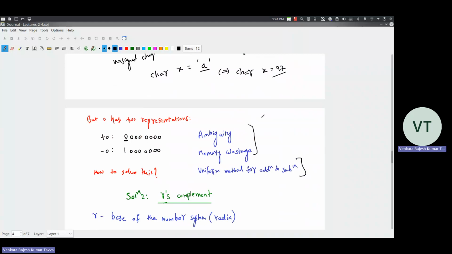So to solve all these problems, we introduced something called R's complement. R's complement is generic to any number system. Specifically, we discussed